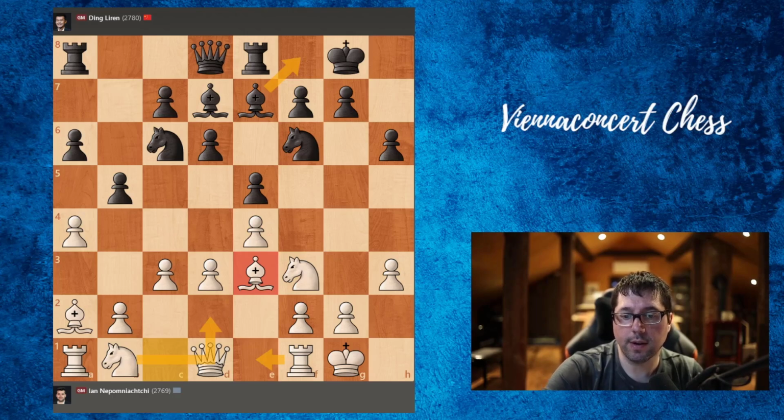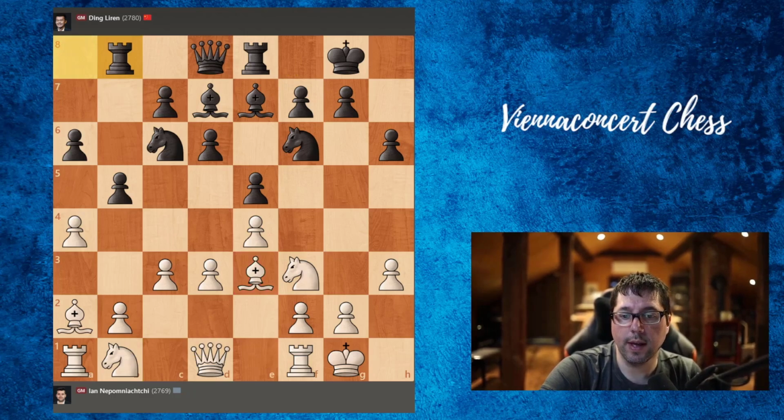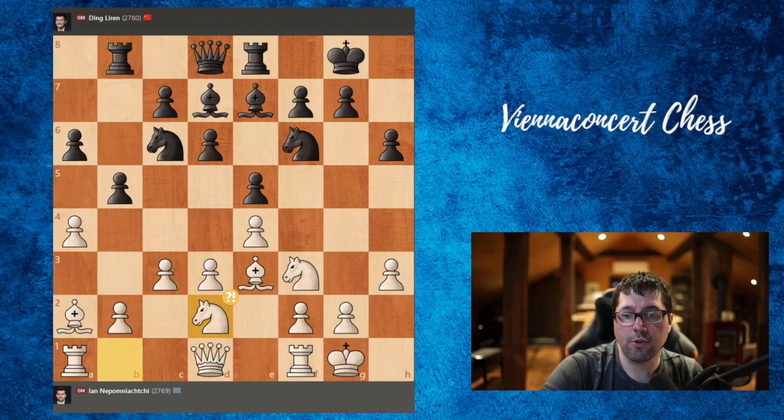But here, Ding Liren played rook to b8. And we can take here, so there are many lines, pawn takes and knight to d2. But Nepo opted for knight b to d2, which actually is not the best move, as you can see. The computer suggests it's a small mistake, because here a very good move would be just to take here, and let's say